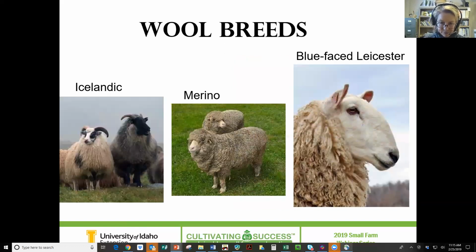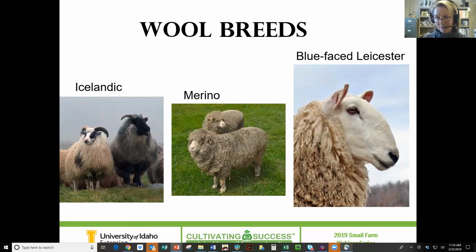So here are some different wool breeds, and you can see how very different they look, and yet all of these are sought after. If somebody wants a merino fleece, they're very, very soft. You've had merino wool things, no doubt. Very soft, a very fine fiber. The one on the right, Blueface Leicester, is long and lustrous, easier to spin, not quite as soft, but lovely. Icelandic on the far left is even more different.